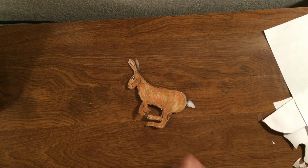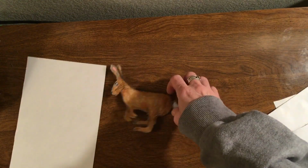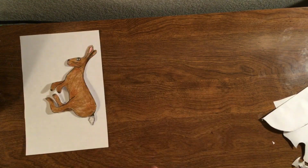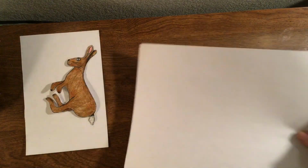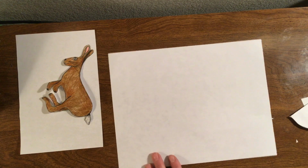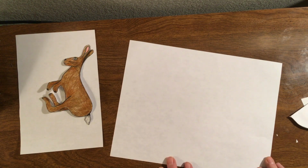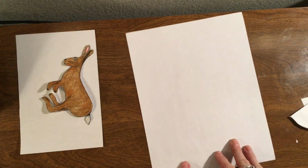So get rid of all this stuff here. So now I've got my bunny. So then this other half a piece of paper, we're going to save this over here. So I'm going to put my bunny over here with that. And then for the final step, we're going to make a spring for the rabbit. So in order to do that, this time we're going to fold our paper in half hot